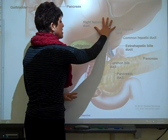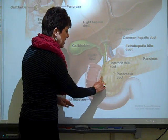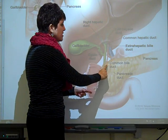And then here was the liver, makes bile, stores it in the gallbladder, releases it as needed into your duodenum. The common bile duct is what's carried